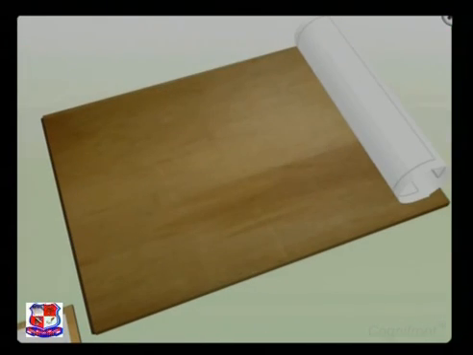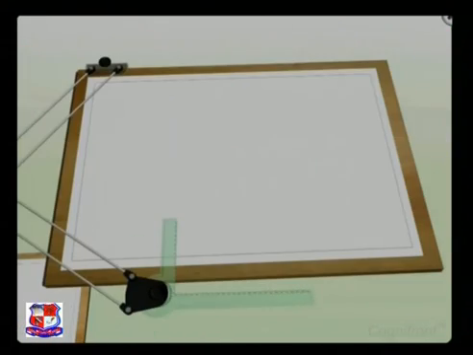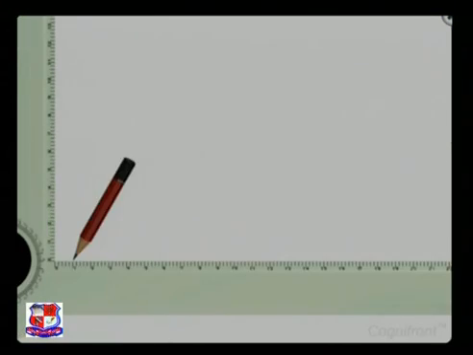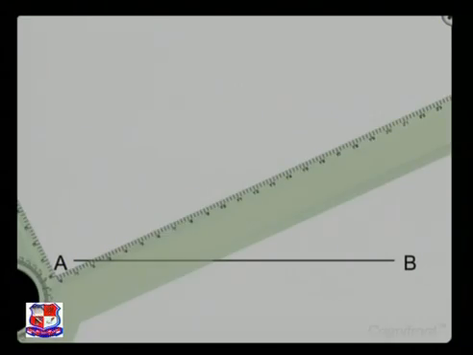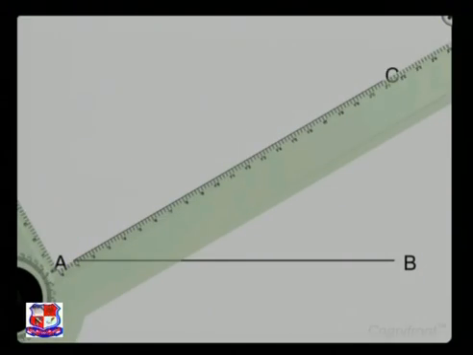Alright, now we will take a look at how to divide a line into 7 equal parts. First, consider line AB of any length and draw line AC making an angle